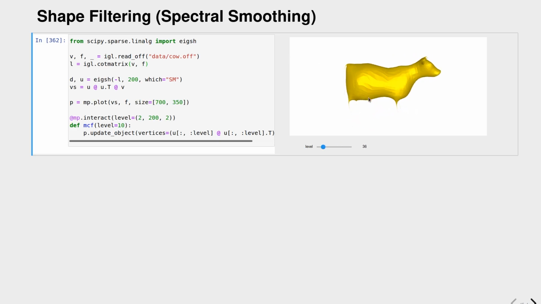It produces different results. So what we need here is another geometry object again, the cow. Then we build the Laplacian matrix again, and we do an eigendecomposition of this Laplacian matrix where we retrieve the 200 smallest eigenvalues and the respective eigenvectors. Once we got these 200 eigenvector and value pairs, we calculate the vertex positions of the smoothed version just by